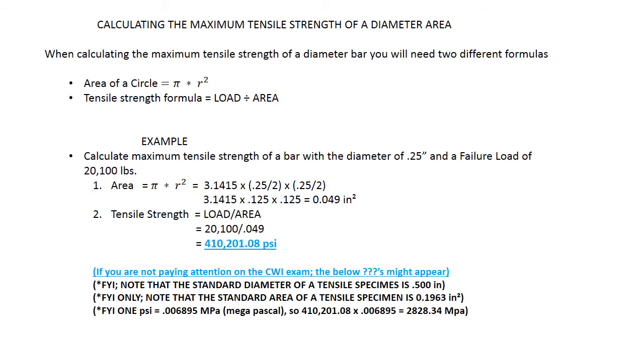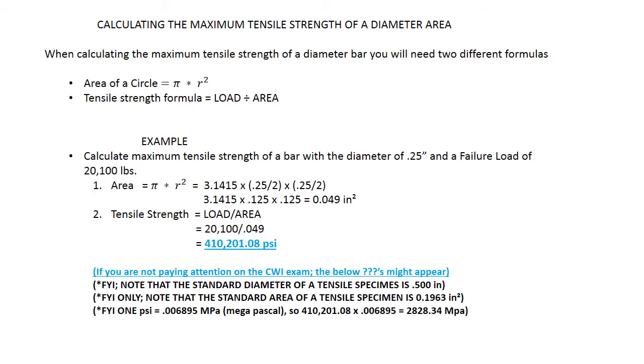Example: calculate the maximum tensile strength of a bar with a diameter of 0.25 inches, or 250 thousandths of an inch, and a failure load of 20,100 pounds. First we're going to find the area, which is pi times radius squared. So pi is 3.1415 times radius, which is 0.25 divided by 2 times 0.25 divided by 2,